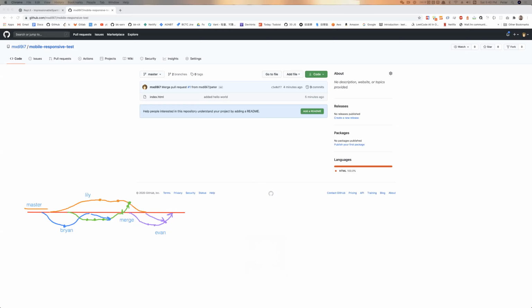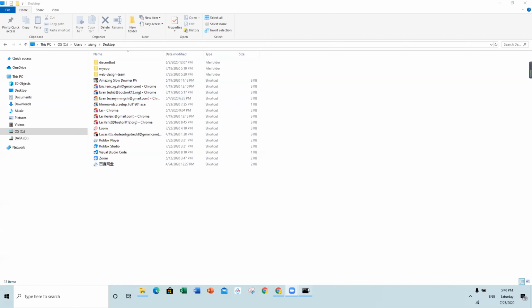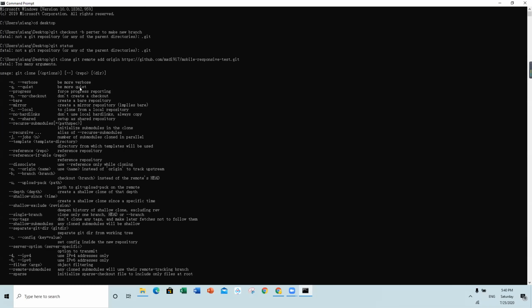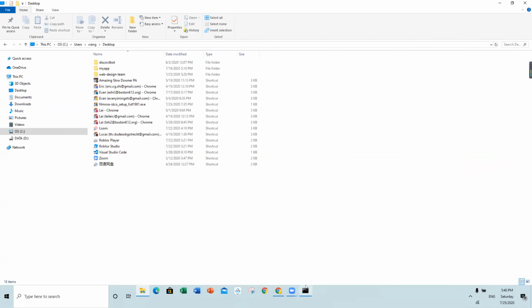All right, let me do it on Evan's screen so you guys can take a look. There we go. So I did this, git clone, add remote origin thingy. So show me your screen so I can show you. I am sharing my screen. Really? Wait, I don't see the screen. Are you really showing the screen? I see a screen. I see command prompt.